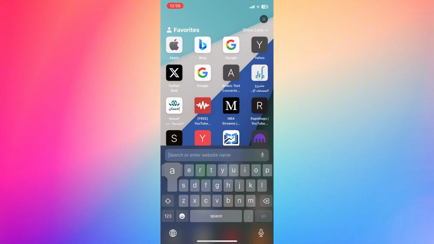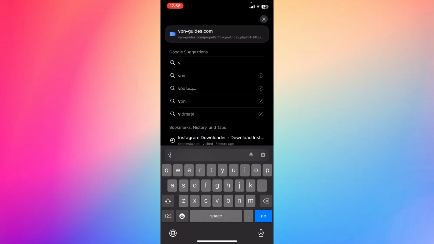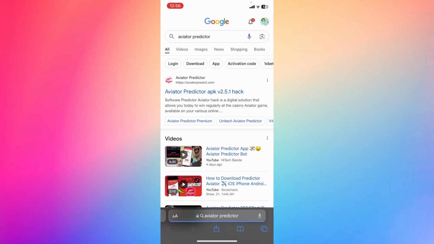activation code. Right here, let me just type Aviator Predictor. Right, basically you can request an activation code, and then you can check your email or SMS. This activation code will typically be sent to the email or phone number that you provided. Then check your email or SMS for a message from the app containing the activation code, and then enter the activation code. So if you encounter any issue or do not receive the code, consider contacting the app's customer support for